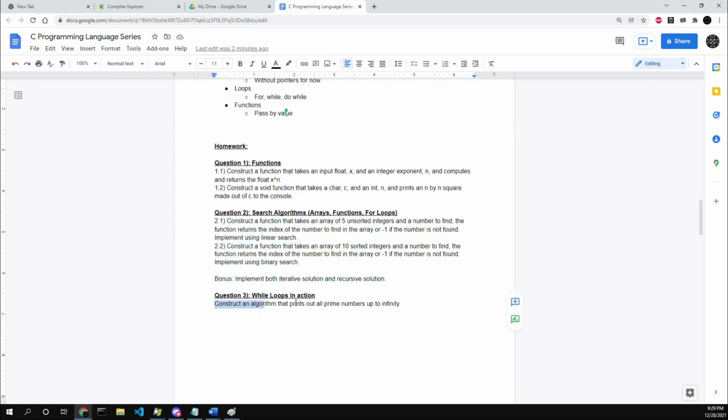Then finally, while loops in action. This is a fun one. Construct an algorithm that prints out all prime numbers up to infinity. This is going to require a double nested while loop. So effectively, all I'm expecting you to do is come up with a program that has a number, figures out if it's a prime number, then checks the next number, sees if it's a prime number. If it is a prime number, print it out, and print out all prime